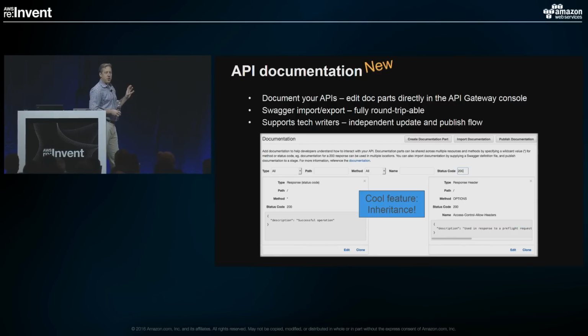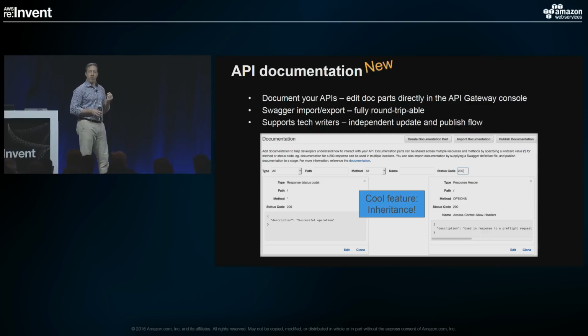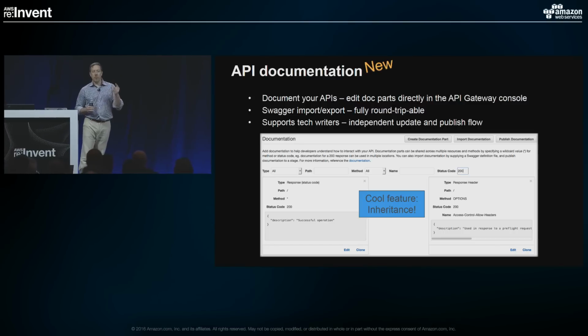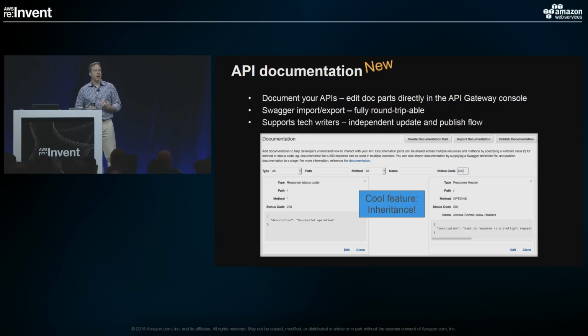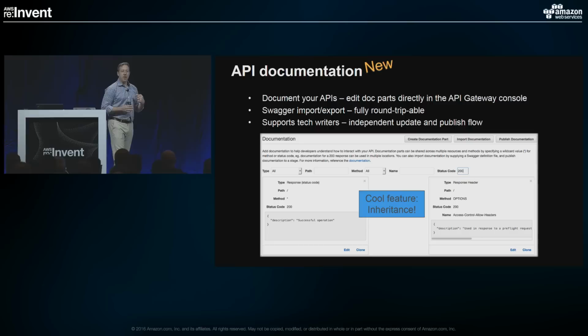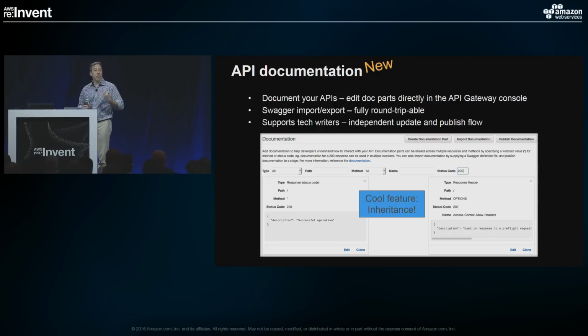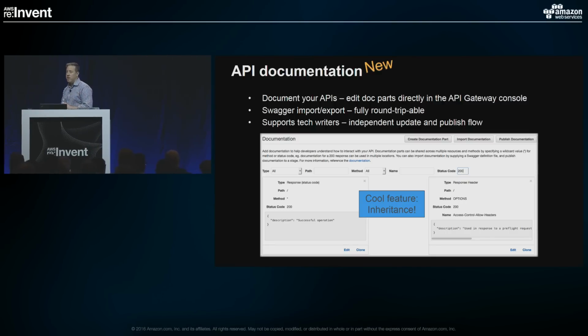Now, one of the things that's kind of hard to show here on screen, but we thought was really important with docs, was to support two different flavors of workflows. Because what we heard from customers is that sometimes the API developer is different from the person who's developing and uploading the documentation. And so we've made it possible for you to rev the docs independent of the APIs. That enables you to either set them up in different pipelines, have different people doing them, or just ensure that you're not touching any of the bits related to your API logic when you go ahead and add or increment or correct a spelling error, for example, in a documentation string.